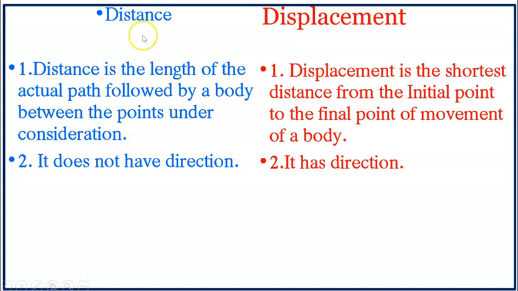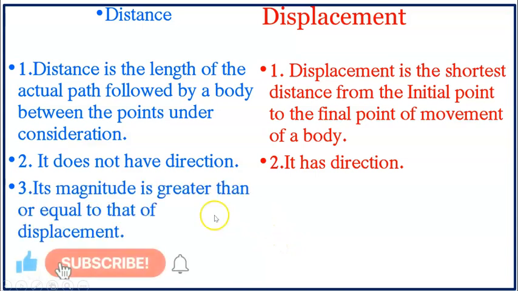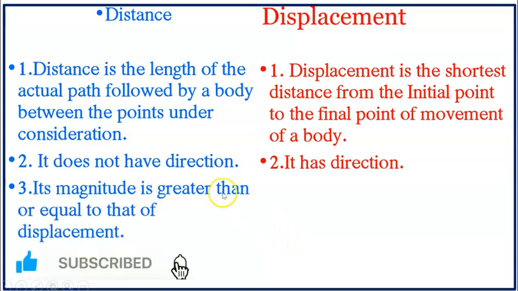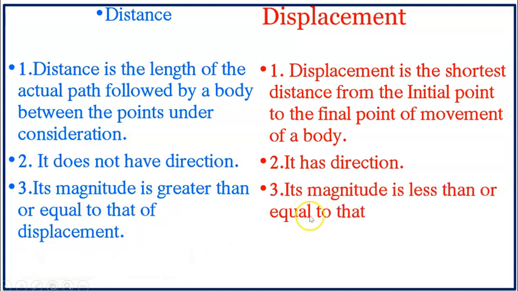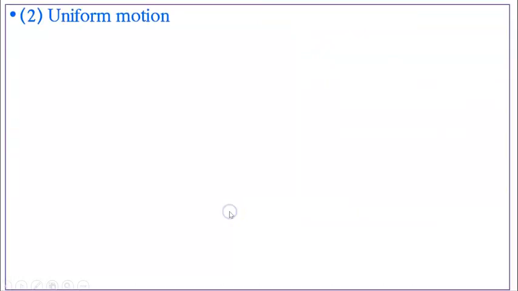We know that distance is a scalar quantity and displacement is the vector quantity. Its magnitude is greater than or equal to that of displacement. Its magnitude is less than or equal to that of distance. You can also write here: distance is scalar quantity, displacement is a vector quantity. Okay, now the next,